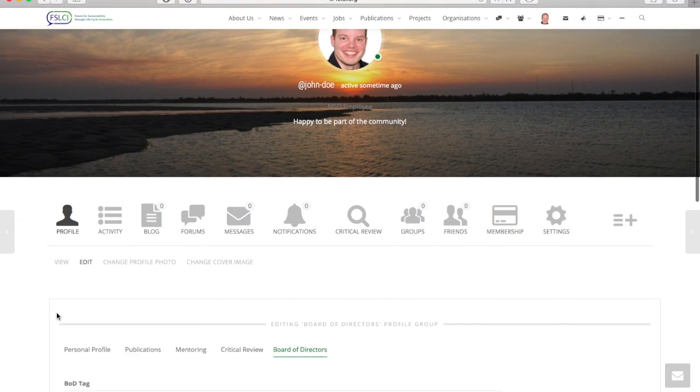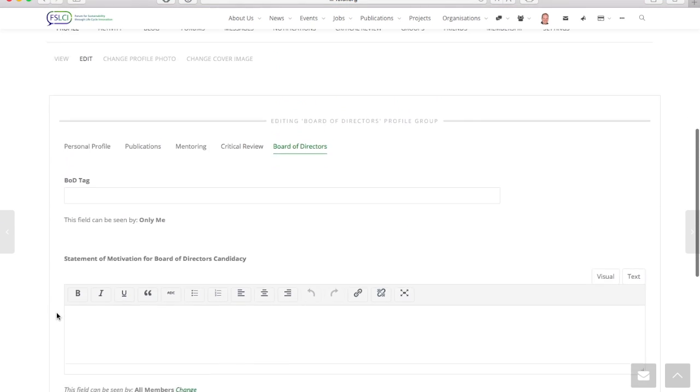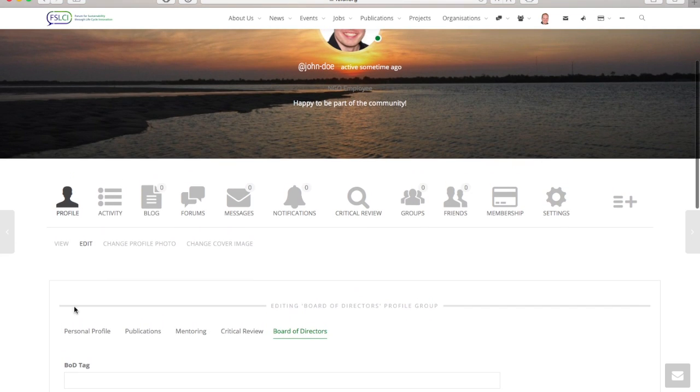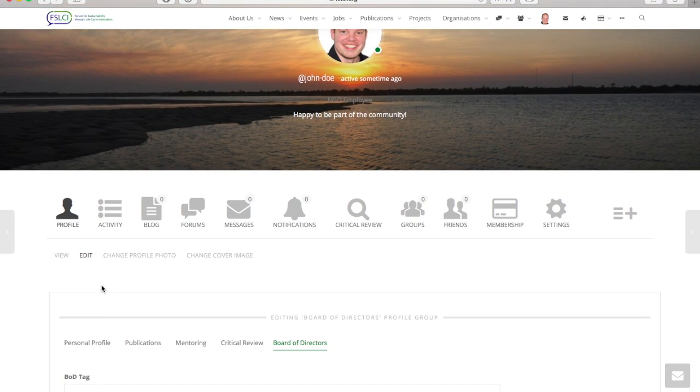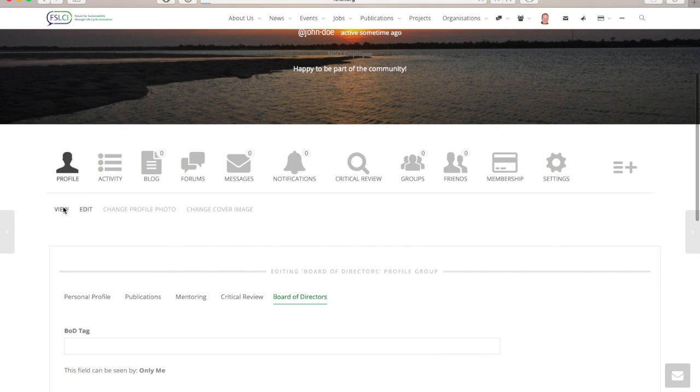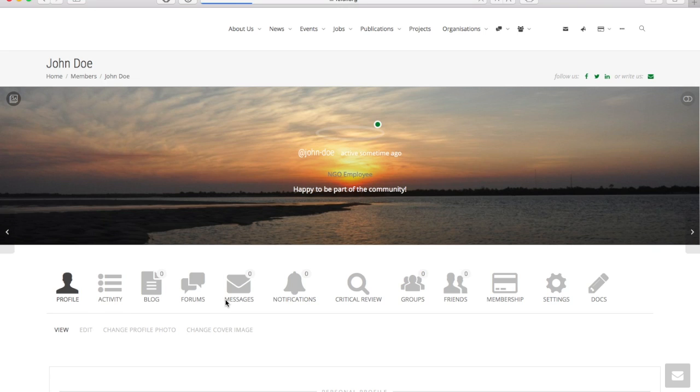So this is really the overview of the profile. Now, one more thing which is really important is privacy of profile. You might already have seen some of the fields here down below, but we'll tackle that